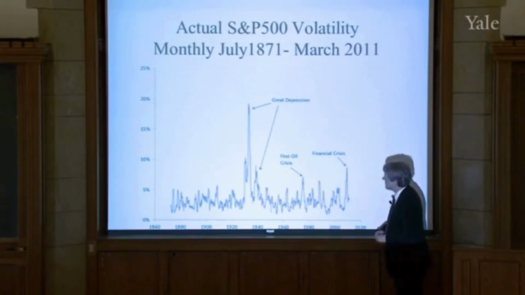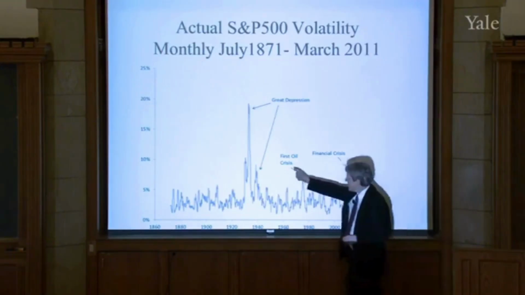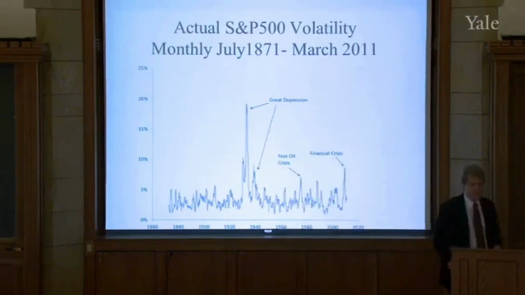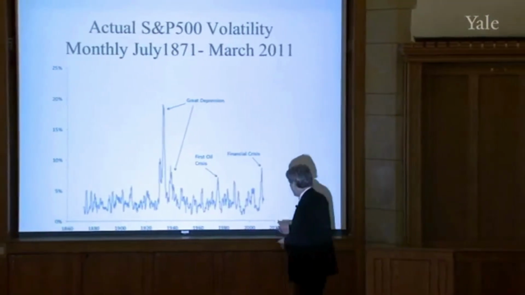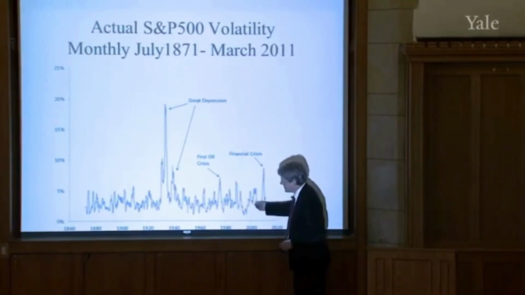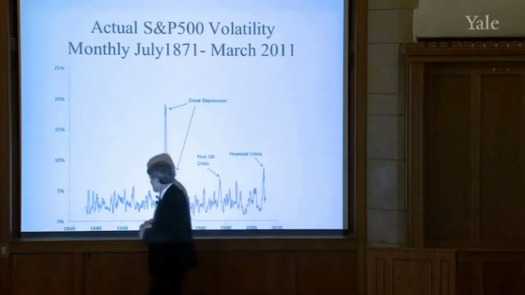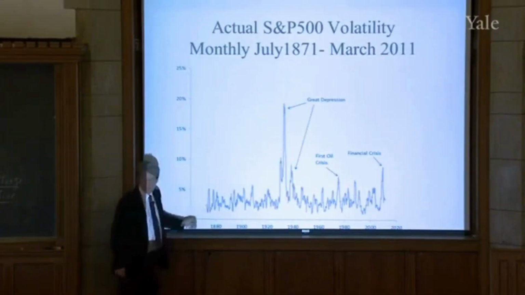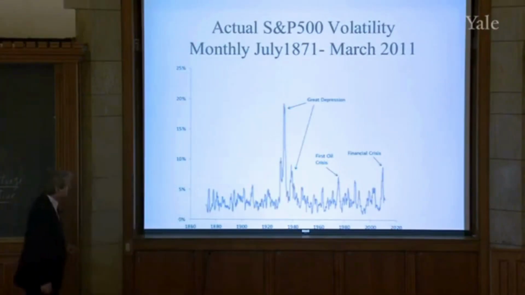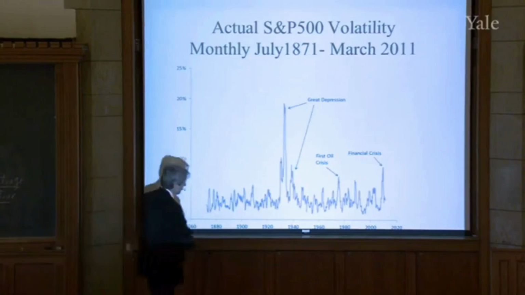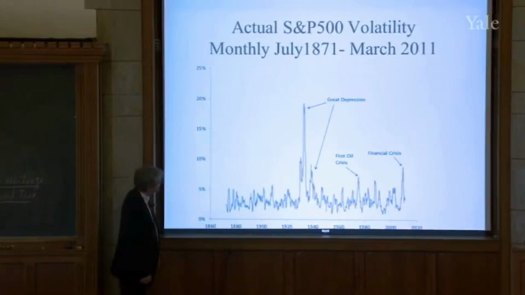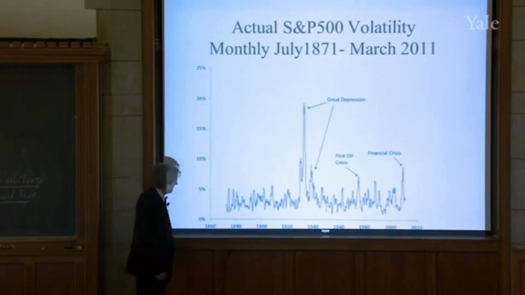You can see that the actual volatility of stock prices has been, except for one big event called the Great Depression of the 1930s, remarkably stable, right? The volatility in the late 20th century, early 21st century is just about exactly the same as the volatility in the 19th century. It's interesting how stable these patterns are. There was this one really anomalous event, and it just sticks out, and that is the Great Depression.